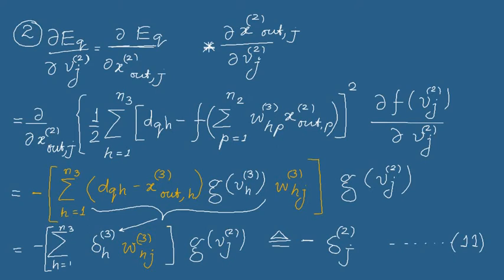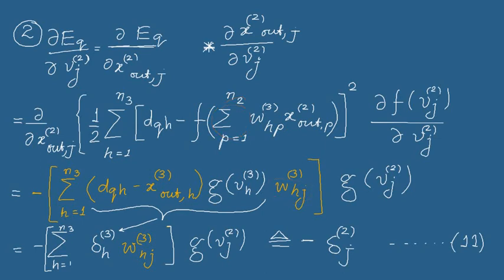and then its derivative with respect to this x_out_j, not x_out_j, its derivative with v_h3, and then further derivative. The next step gives us the derivative of this term with respect to x_out_j, and then we are left with w_hj, because we are going for a specific j term out of this summation. So w_hj we are left with.